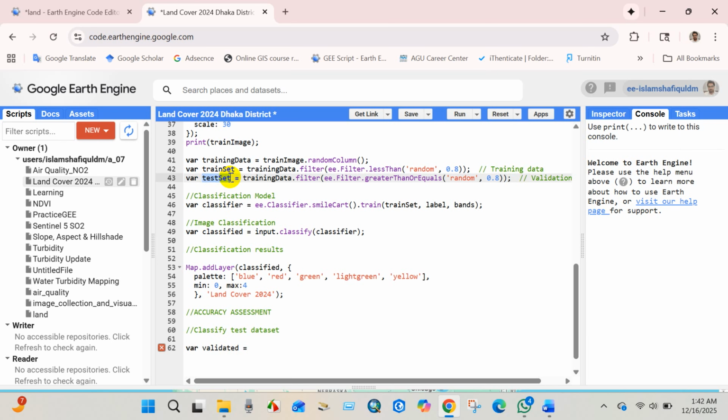This variable is the test set, the training data for validation, test set, dot, I will take the function classify, classifier, and after classifying the test dataset,